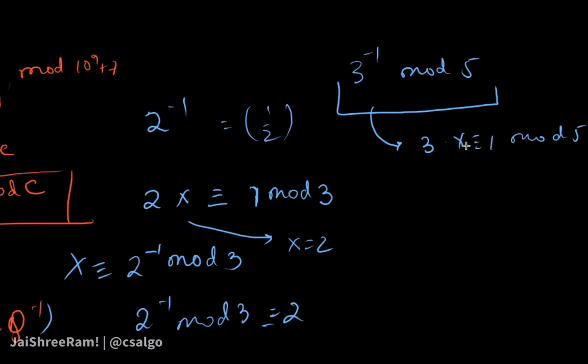What is this value of x that you can think of? Can you think of some value of x that will satisfy this expression? Again x equal to 2, right? Because 2 times 3 would be 6 and 6 remainder with 5 will give you 1. So this we are currently doing by manual inspection. We'll look into how to find this for every a and x. So x is equal to 2.